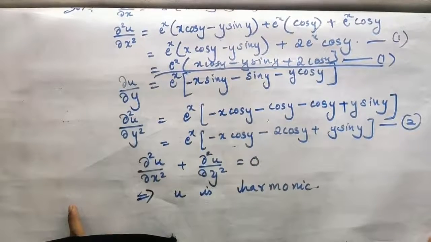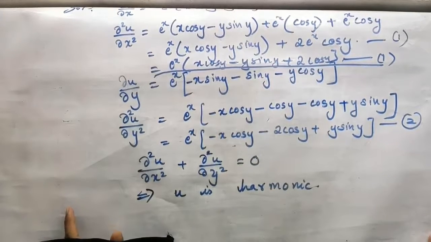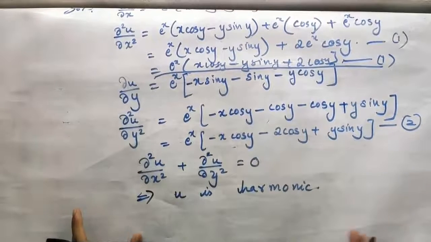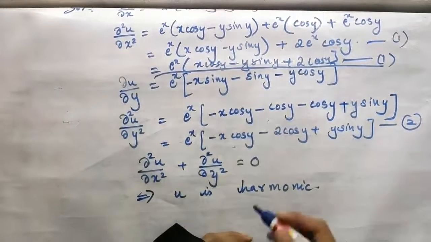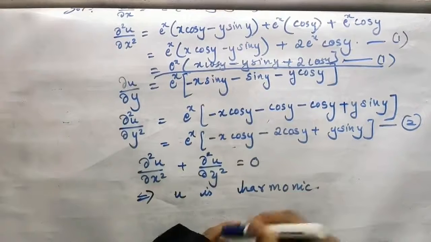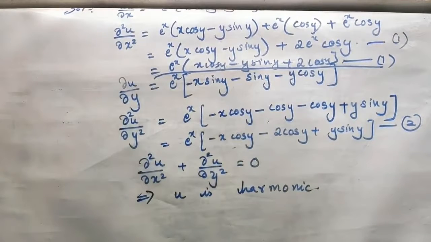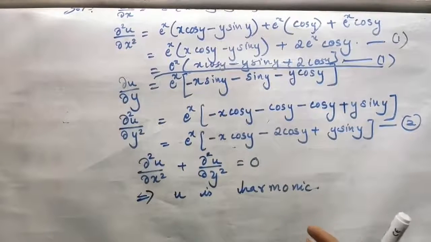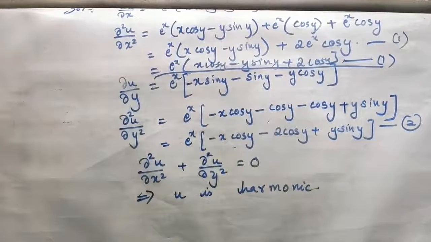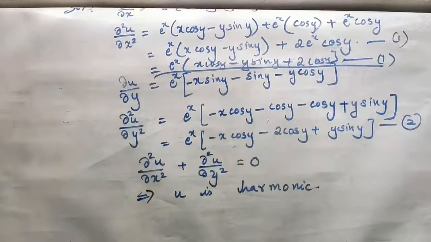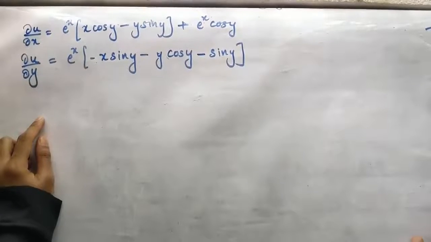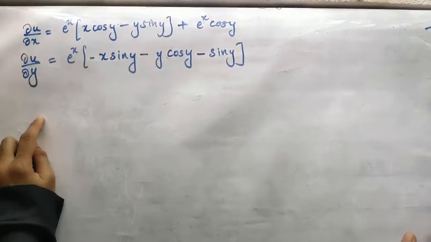Now once you have proved that U is harmonic, the second part of this example is working for its harmonic conjugate and then the analytical function. That part is very easy and very simple. For that you have to pay more attention. This is at least very easy. You will have already studied it before in my previous problems. That's not that difficult, but when it comes to working for a harmonic conjugate, there you have to pay more attention. So all of you pay more attention, then you can solve it on your own later when I complete this problem. Okay, 1 minute. Continue with the further work of finding the harmonic conjugate of U.